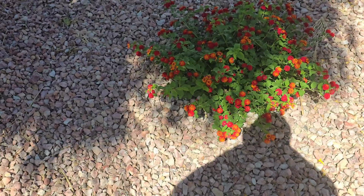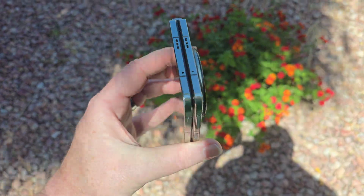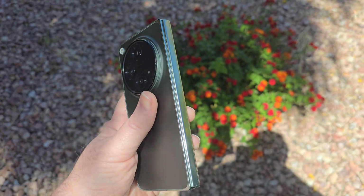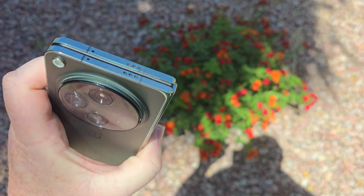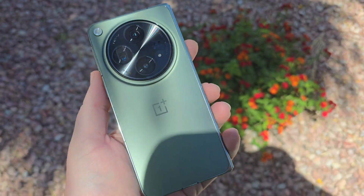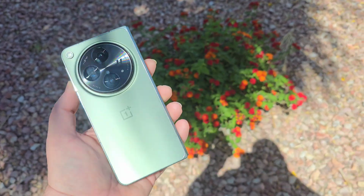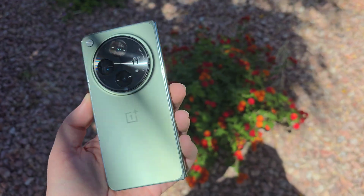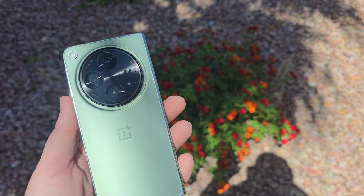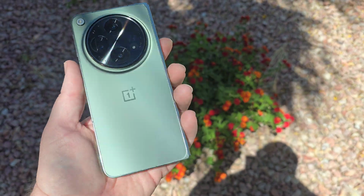The phone, in my opinion, is absolutely one of the cleanest, best feeling in the hand designed foldables I have ever seen. The way that the hinge is just so perfect here, and the flat edges, and it feels like I'm holding a regular smartphone like an S24 Ultra or a 15 Pro Max. It doesn't feel like I'm carrying a foldable. The Z Fold 5 is insanely heavy compared to this, and the Pixel Fold also feels a little fat in